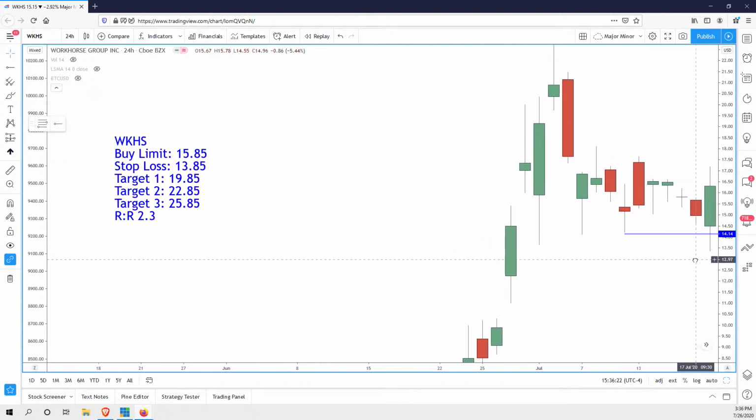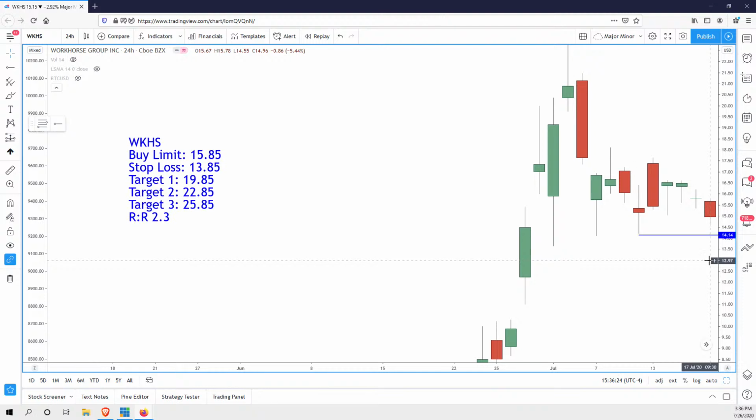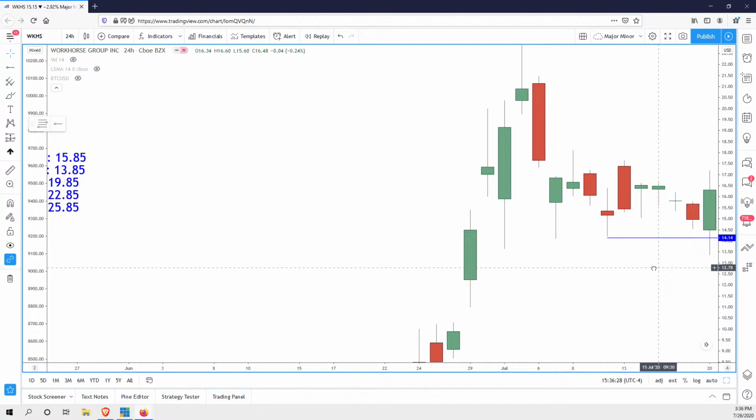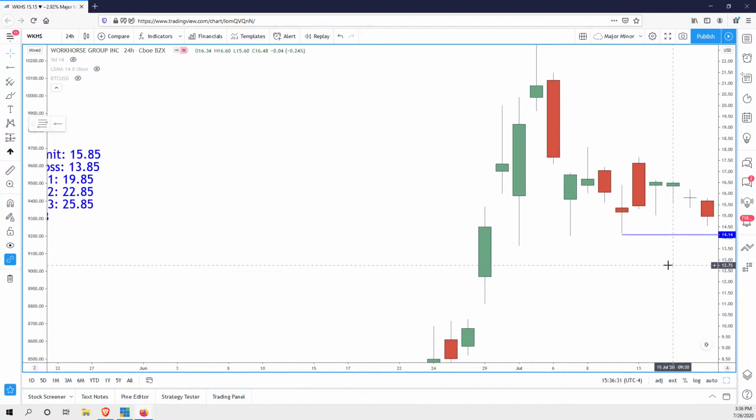But why would this thing be garbage? Forget what we know now. Let's just say we only had this information right here, because this is what the double bottom looks like at the time. We don't know about this yet. We only know about this. And when we see it testing the area,